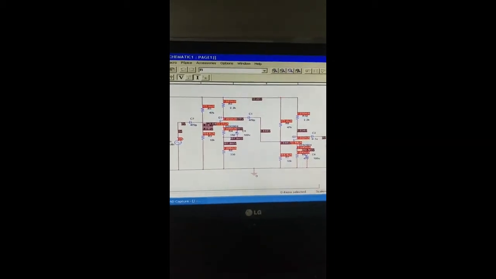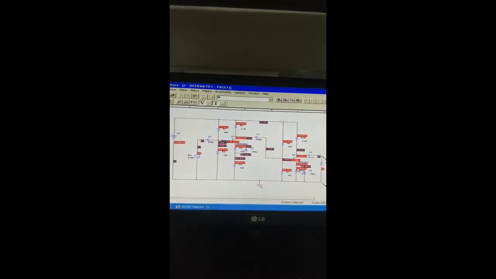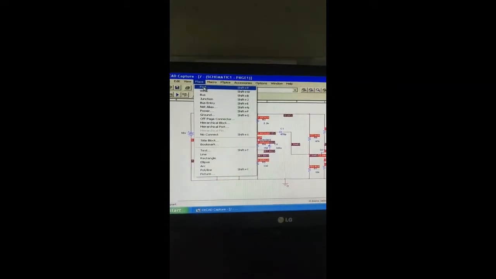Simulation of a two-stage BJT voltage series feedback amplifier and determination of the gain, frequency response, input and output impedances with and without feedback. So we are using OrCAD PSpice version 9.1. You can see here that we have a two-stage RC coupled amplifier. We have connected the circuit using Place Part.